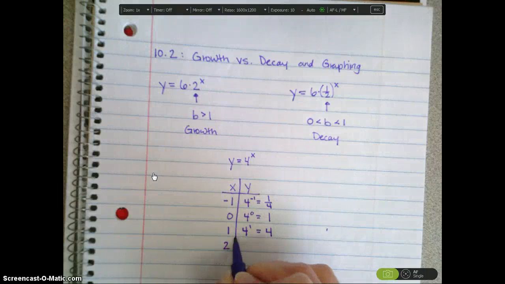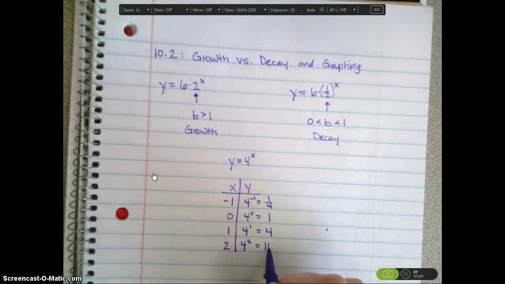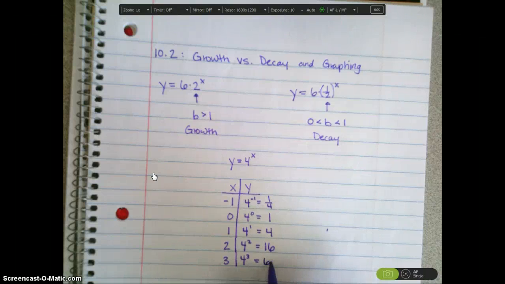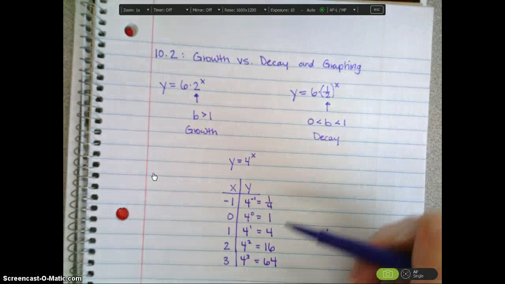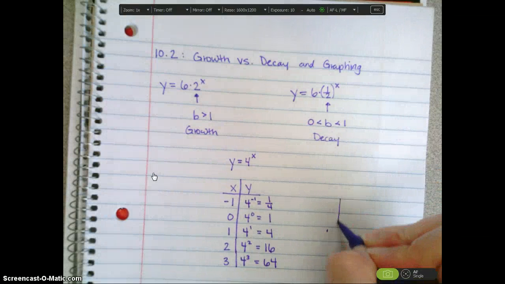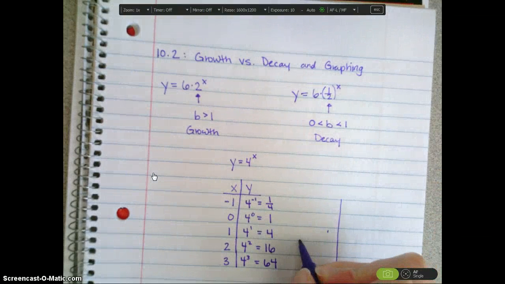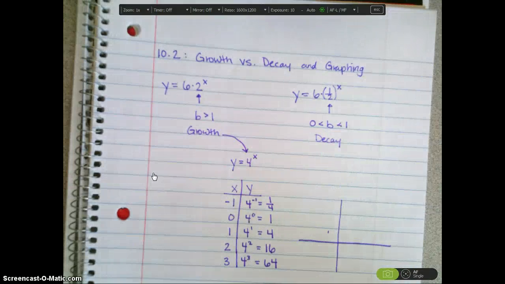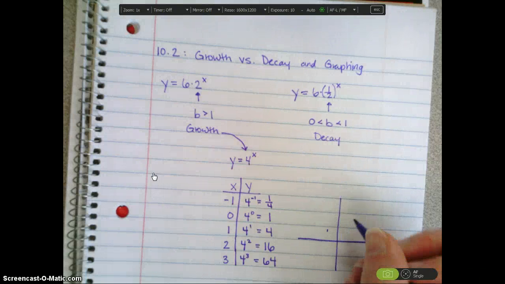Again, we could continue the table farther. 4 squared, we would learn, is 16. If you wanted to do 4 cubed, we would learn that was 64, and so we created this table of values, and then we created our graph. And what we saw was, for all growth equations, again this is growth because the b value is greater than 1, for all growth equations